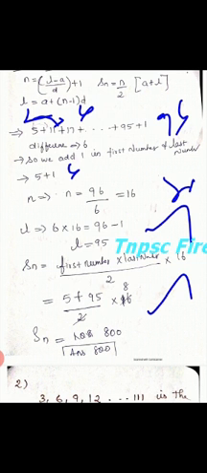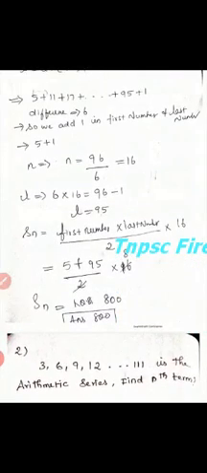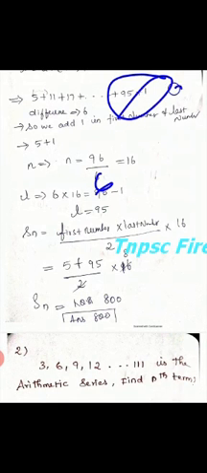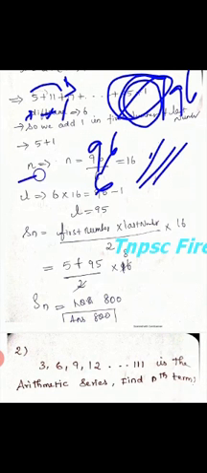First, for n, what do we have to do? For n, the starting number divided by the last number. Here 6 is the starting number, and the last number is 96. Because the difference is 6 and here it is 5 only, we have to add 1. In the last also we add 1, and we will get 96. So 96 by 6 we will get the answer 16. So n equal to 16.